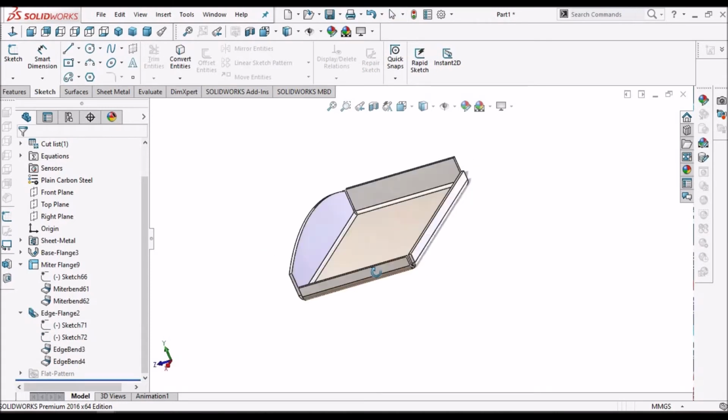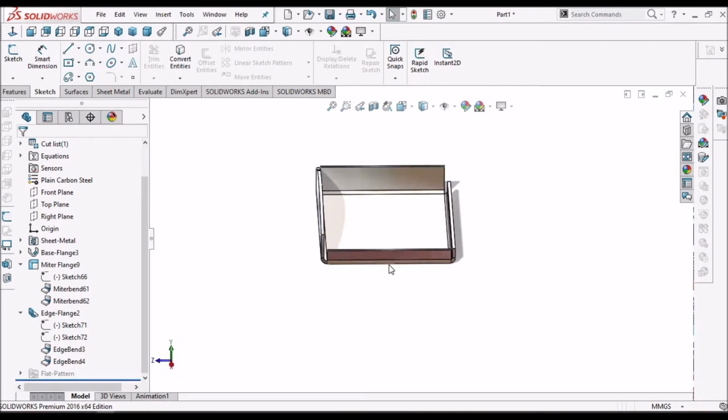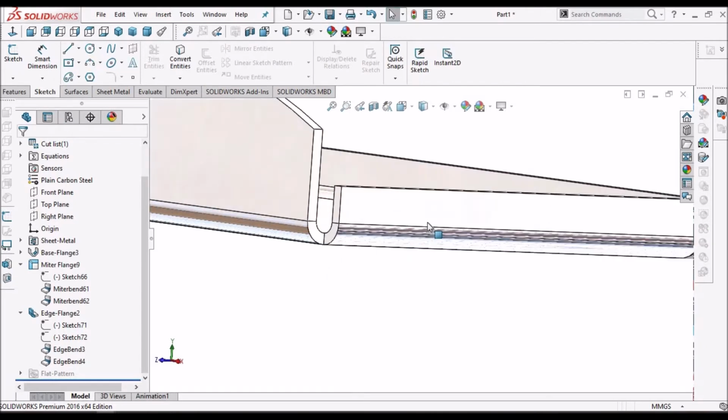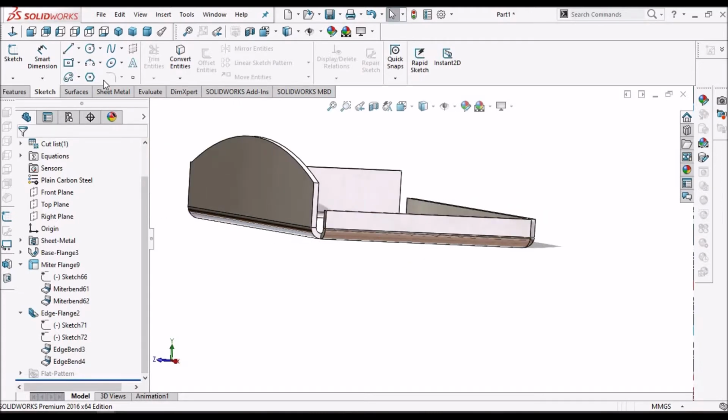So you can see the arc shape flange, whereas in miter flange we cannot create it, we can only cut that flange with a cut feature.